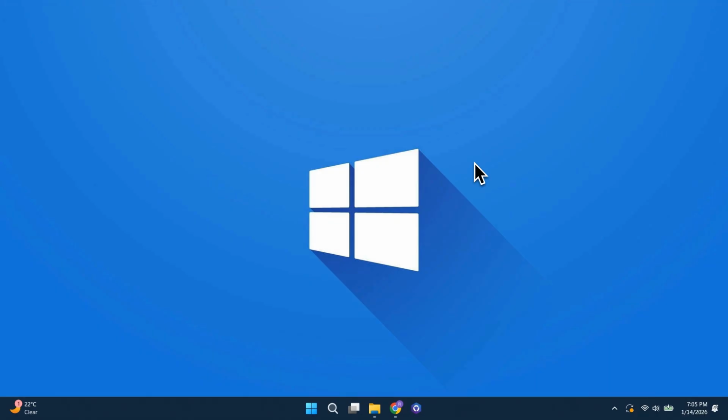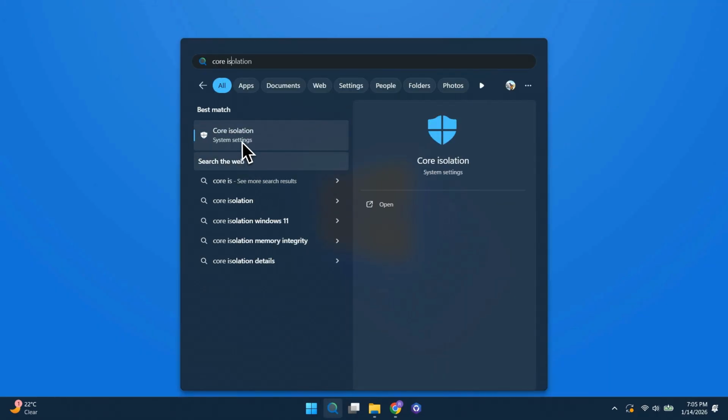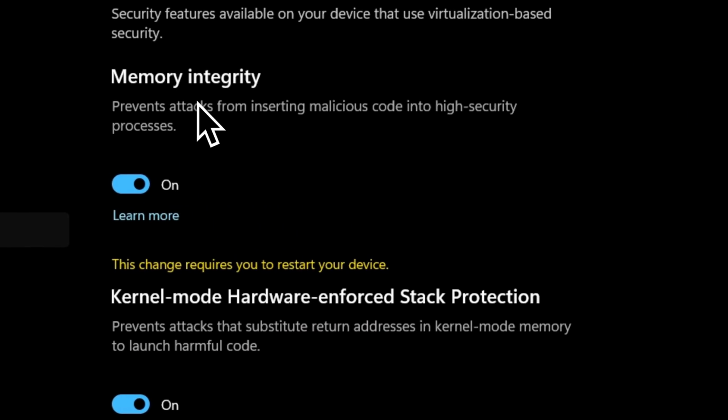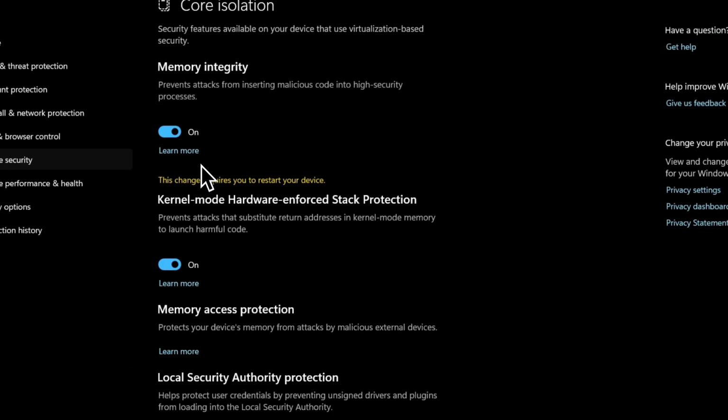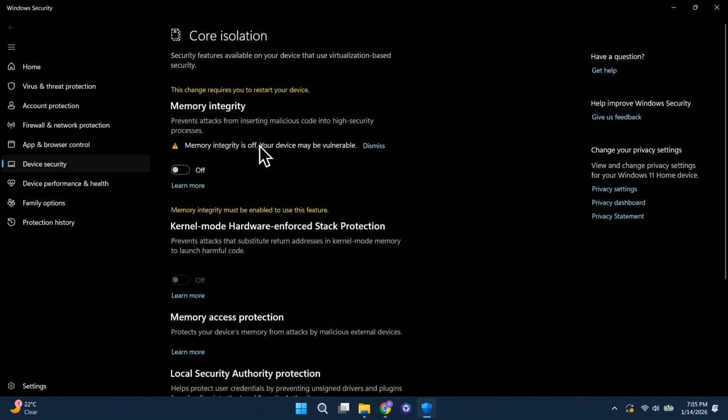First, go to your desktop and click on the Windows search bar. Type Core Isolation and open it. This will take you to the Windows security settings. Once you're there, turn off Memory Integrity and Kernel Mode Hardware Enforced Stack Protection. When you disable these options, restart your PC and then try opening Roblox again to see if the issue is